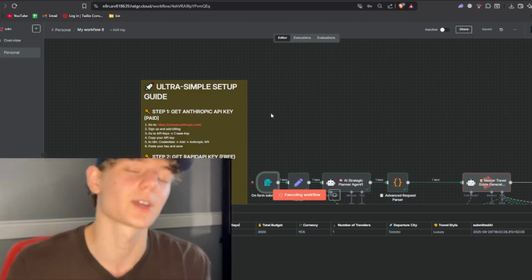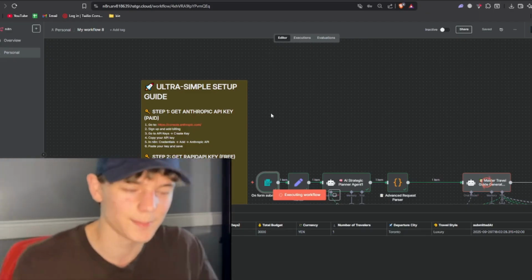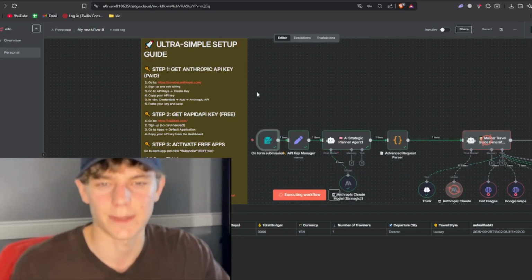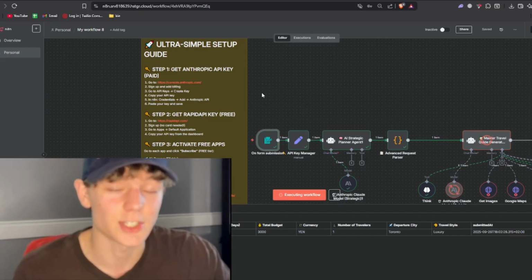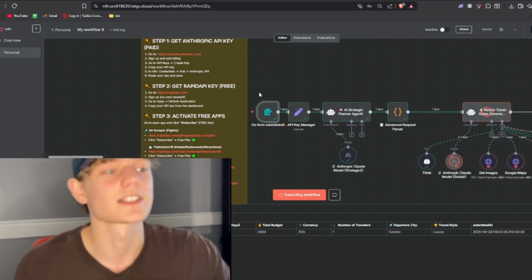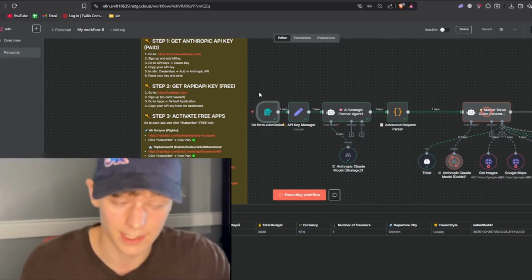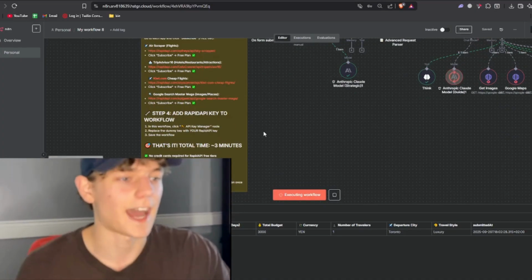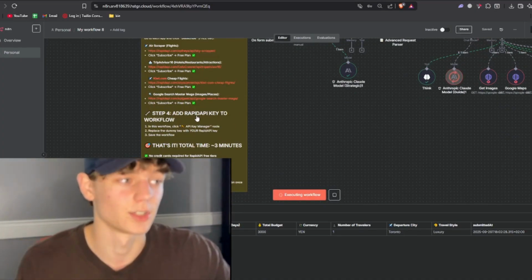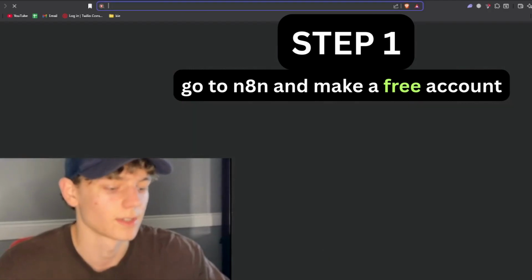Super easy. I'm going to go in depth on exactly how to do every single one of them. There's even a guide here in the actual template to do all of it. But pretty much step number 1 is you need to get your API key for Anthropic. Step number 2 is get your Rapid API key. And then you just need to activate 4 different apps. That's it. And then just add your keys to this workflow, to n8n